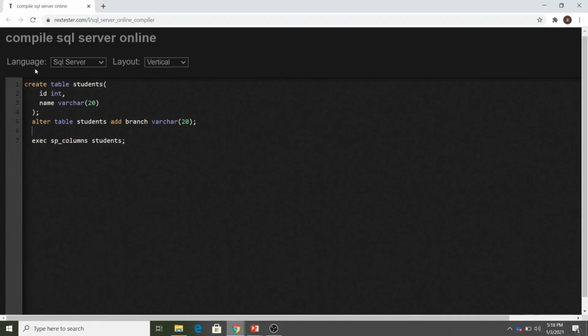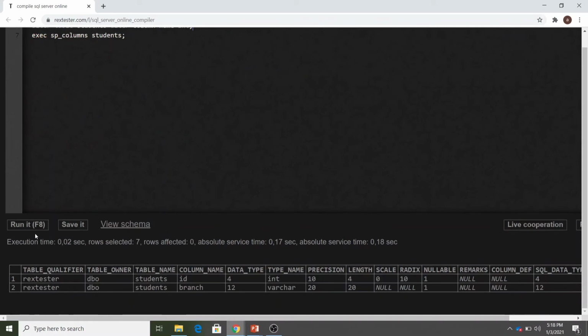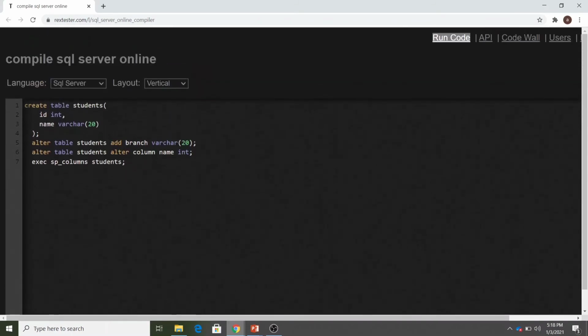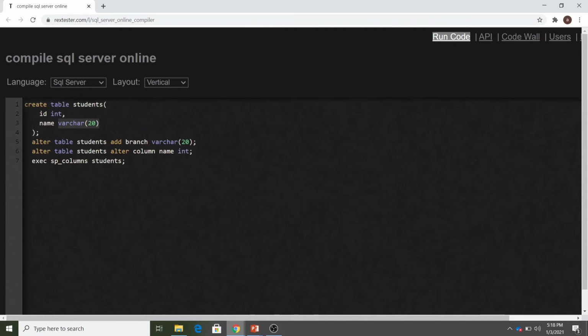So let's look at this. So we know that our name data type is of the varchar type. Suppose I want to change my name into an integer type, so I can do that using this. So what I have to do is alter table students, alter column, and now I have to mention the column that I want to alter. So let it be name, and now the alteration that I want. So I just want to make it int, name int. So I think this should work. Yes, it is working. You can see that the name has now been changed to int despite being termed as a varchar initially.